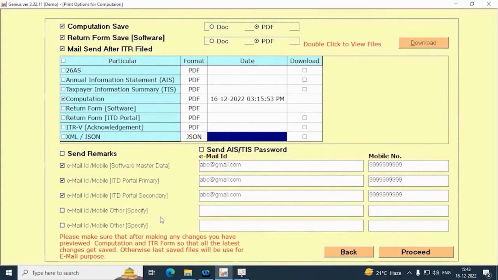Another option provided here is sending remarks. So, if you want to send a particular remark to a particular client, then mention the description over there, like if your return is pending or this one amount is pending, then list out the particular remark over there and save it, and then send the remarks on email WhatsApp. You can also send those details on email WhatsApp by using the Summarize Report option. Summarize Report option we will explain to you later on.